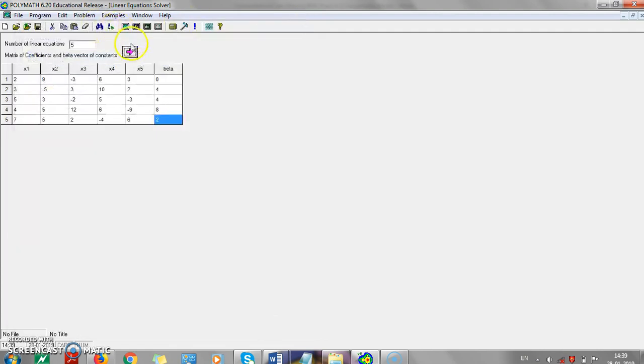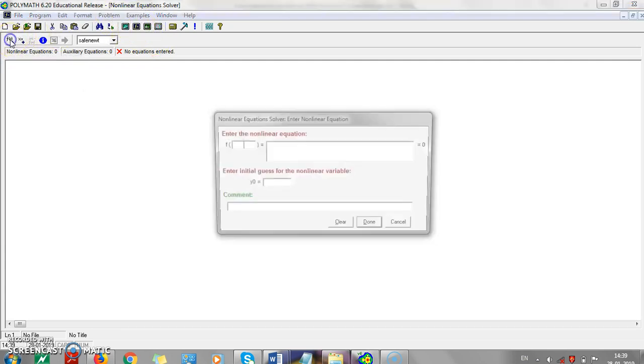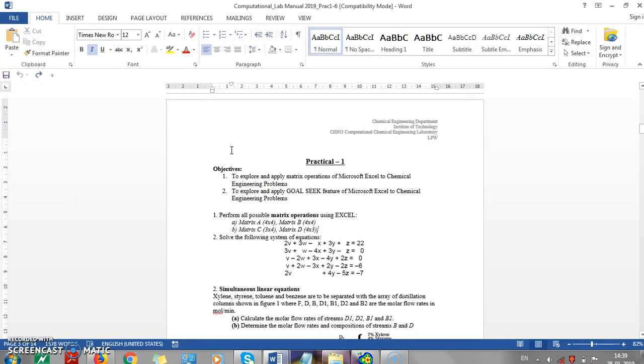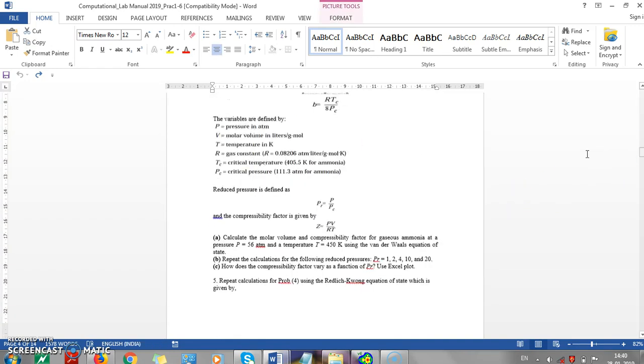You can save this program, and if you just want to start a new function, you can just start a new function. So, for example, we have a system of non-linear equations, so we enter a new program, and you can just add the function which you want. Say, for example, we have already got the function in front of us. So suppose this is our function